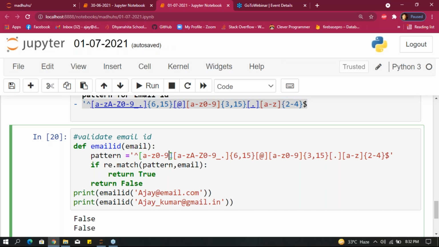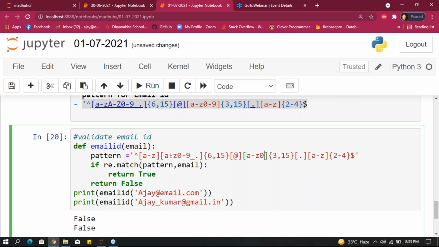Always remove numbers here, guys. We start with numbers and remove these capital letters. Underscore I'm giving here, 14, and the at the rate I'm giving here.